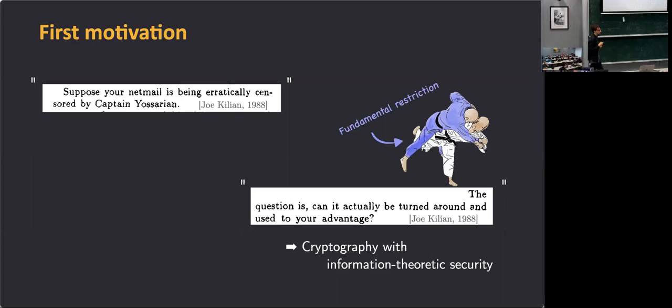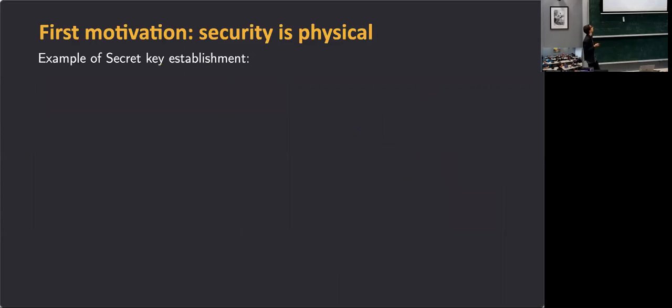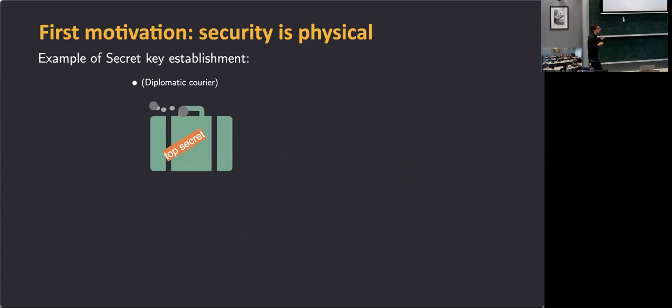This is well illustrated in this paper, but it's not the first time that this trick happens. It happens all the time in cryptography. A good example is secret key establishment, where at the origin it was a physical restriction: the suitcase was handcuffed to the wrist of some diplomatic courier who was moving the one-time pads from one place to the other. Then in '84, Bennett and Brassard used quantum mechanics to transform this kind of protocol into one that uses photons instead of people.